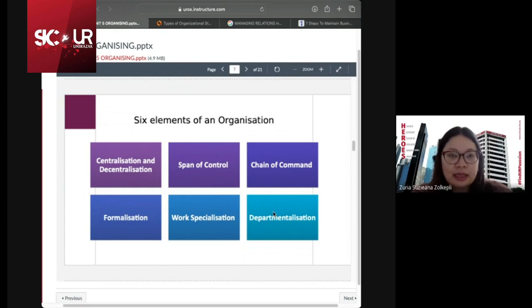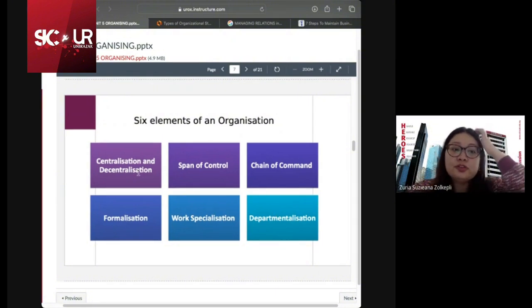So the first one is the types of structure. Okay, the types of structure. But this is a category. I can say that this is a category of structure. Right, so we have one before we go to centralization. Okay, that one I got here. So the first one is the